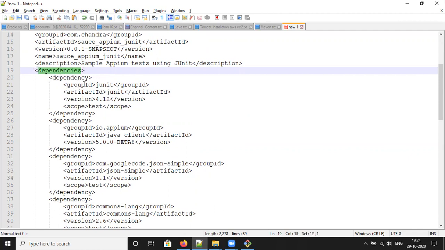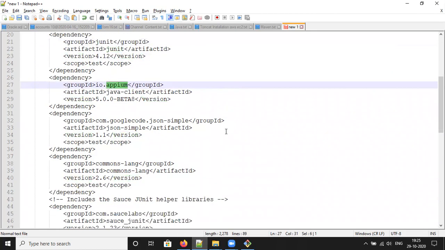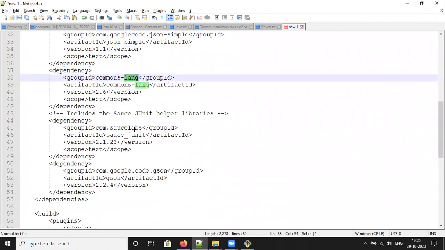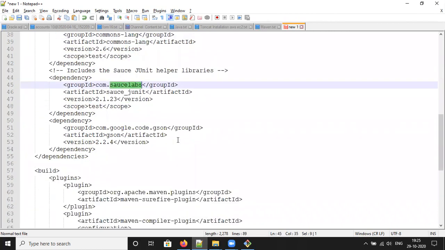In the case of dependencies, every dependency has one purpose. Every one has a group ID, artifact ID, and version. This is the JUnit dependency. This is the APM dependency. It's a Google JSON and a commons line, Sauce Labs.